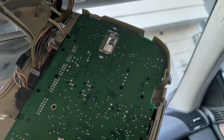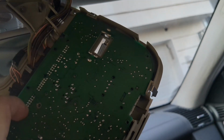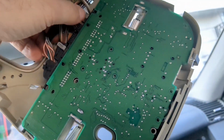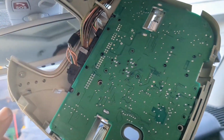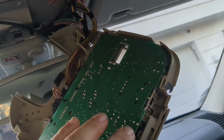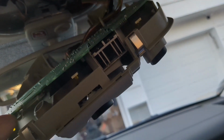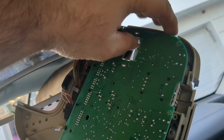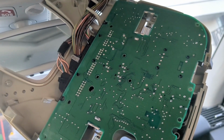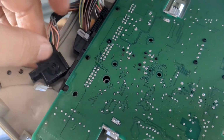Now at first I thought that I could do this repair without removing all the cables. I was mistaken. You definitely want to remove those cables in advance. So once you remove those cables, you can gently lift the board out of its place, and here again you see the circular fan where it spins. If your fan is not spinning, you're going to get some kind of error codes, and that's a more complicated repair. I don't know if you can source that,